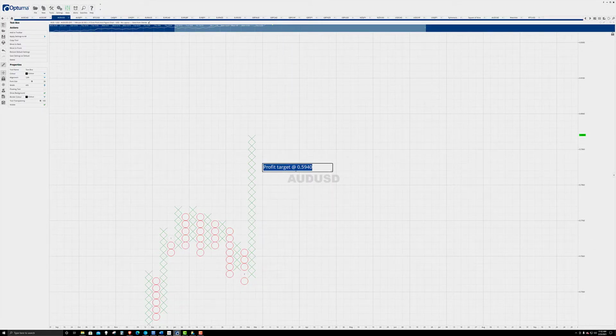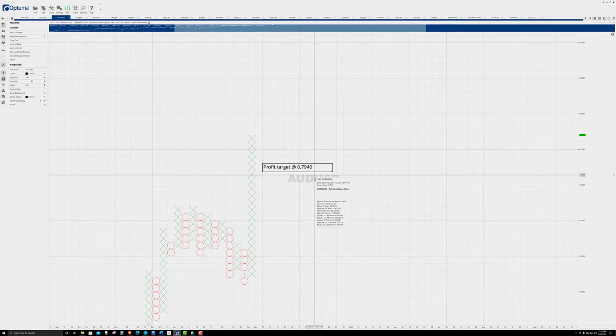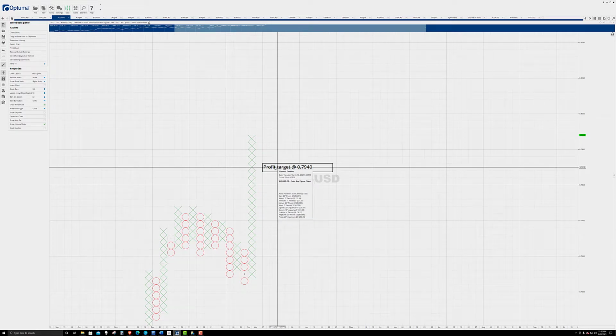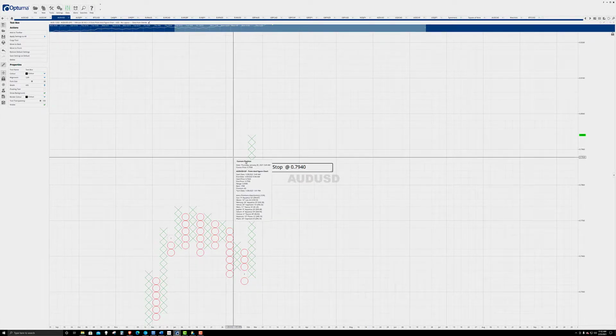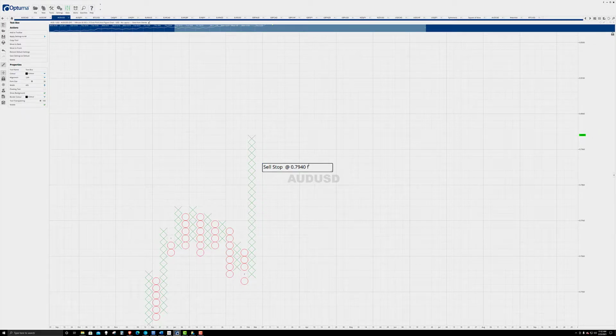Sorry, 79.40. At 79.40, we would be looking at the sell stop. And this is on February 25th.